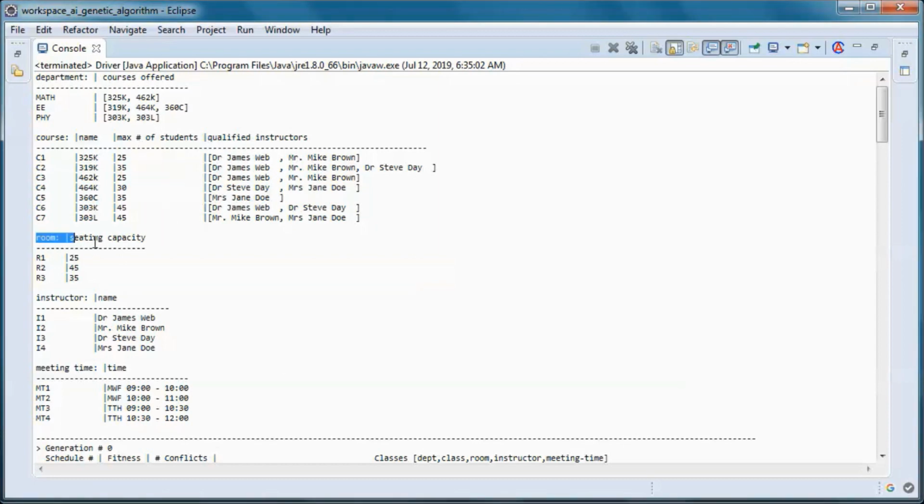And we have 3 rooms in the system, and this is the maximum seating capacity of each one of those. And we have 4 instructors. And we have 4 meeting times, Monday, Wednesday, Friday from 9 to 10, and from 10 to 11, and Tuesday, Thursday from 9 to 10:30, and from 10:30 to 12.